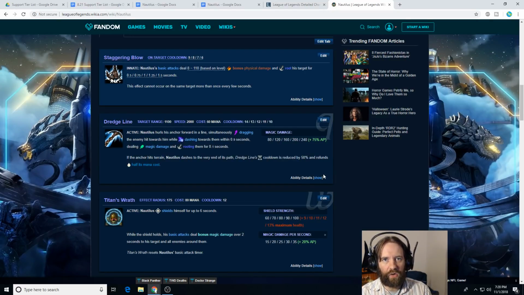He just throws it straight out, almost like a Blitz hook, and it has a huge width on the hitbox. Not only does it have a large range, but it also has that large sort of horizontal aspect to it too. So it's very easy to hit, as far as hooks go. So that's really helpful. And it drags people toward...